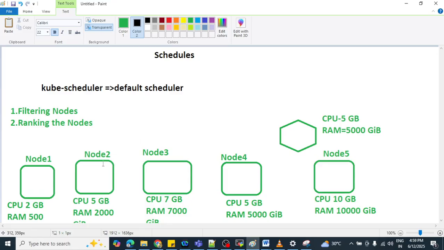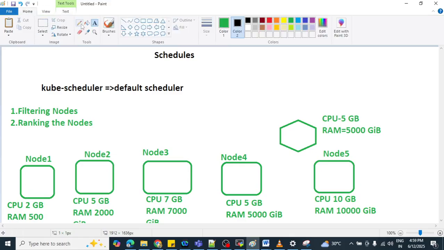Let's see the first one. The maximum CPU it can provide is 2 GB, and we require at least 5 GB. So this node is not useful for us. That is very clear.